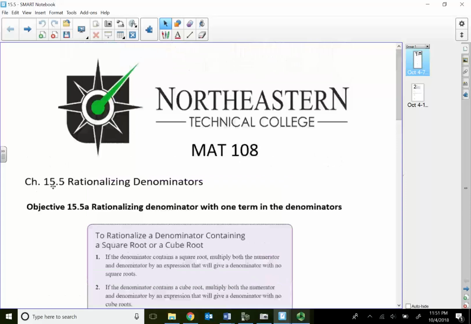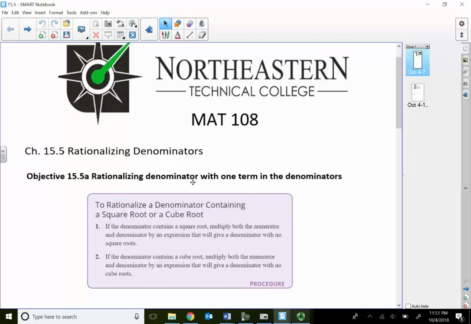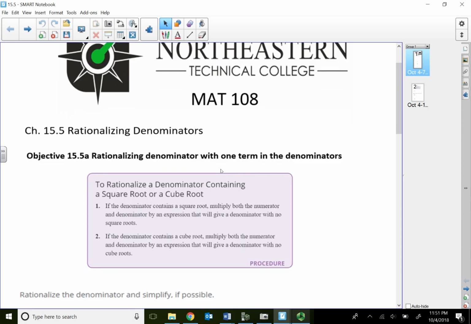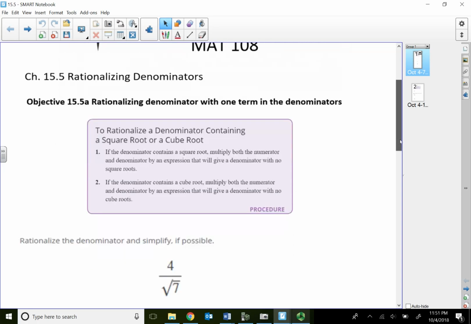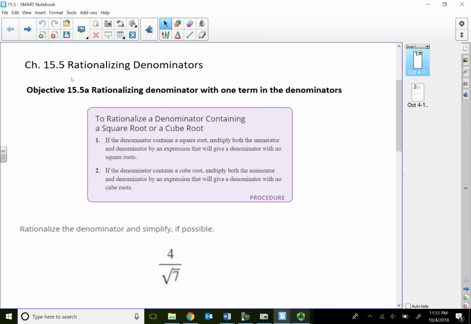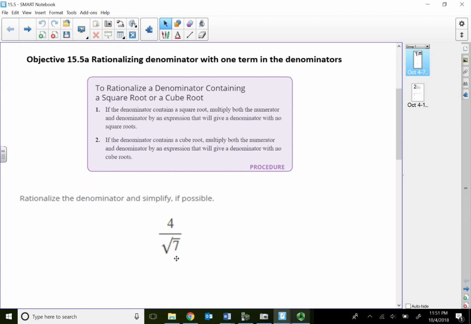Module 15.5, division of radical expressions. Another way of saying dividing radical expressions is rationalizing denominators. This particular section, 15.5, has two types of division problems. One of them, which is what we're going to go over in this video, is where the denominator only